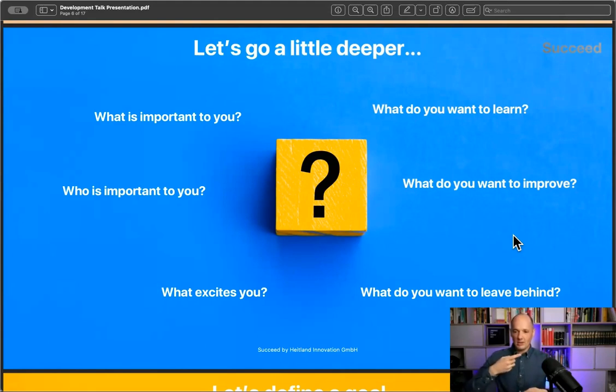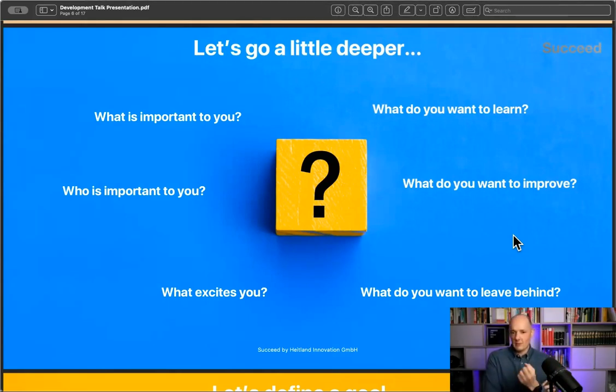And then you can always circle back. So you're saying that your mom is super important, but she's not in the picture. How do you relate that to the picture? So you can always build the bridge to the picture, so that they're going from their mindset on understanding where they want to be, drawing this picture, why they want to be there, and then looking into who is with them, what is important to them. So you're fine-tuning the picture.